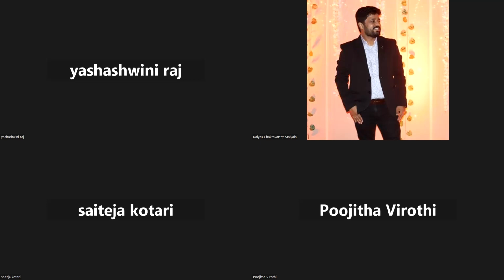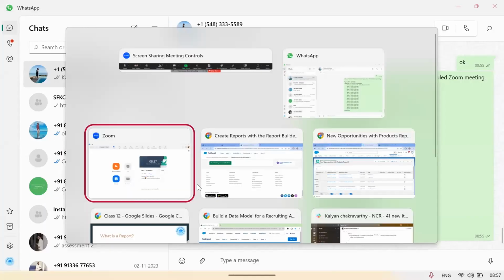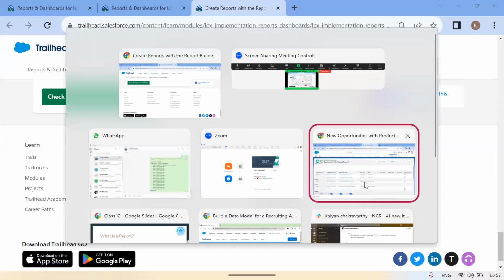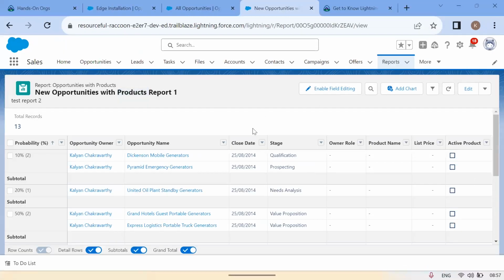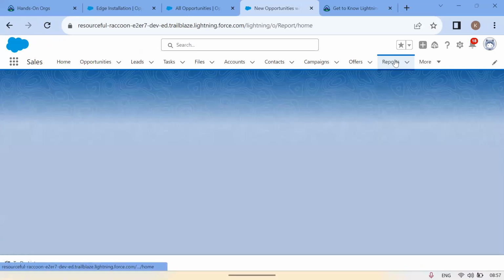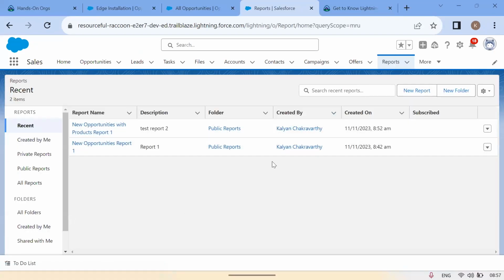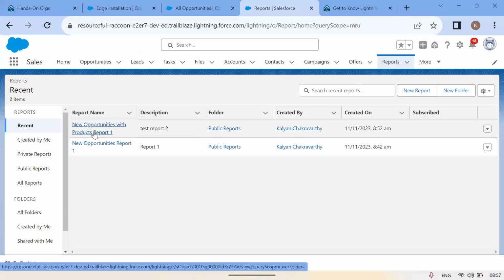Dashboards are nothing but where you put your different reports in one place. I hope you remember. If not, let me recall that. So now we have created two reports. If I click on the report section, I have two reports, report one and test report two. Now, if I open test report two here,